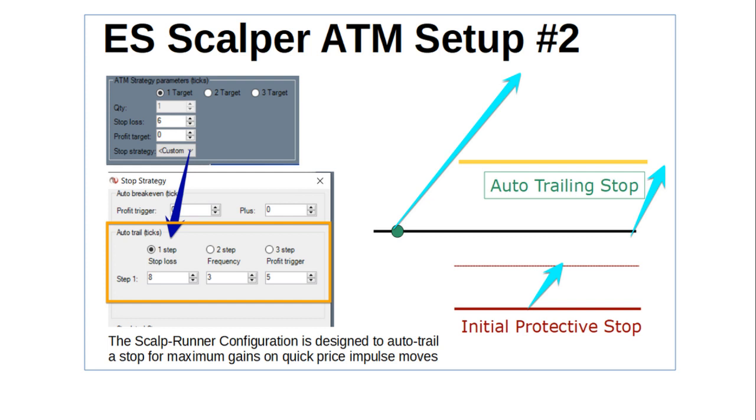Then as you get 3 more ticks, you get to physical break even, right? So it's not hard to get a trade to break even. So see, it's a trade-off where some of your trades will hit the full stop. Some of the trades will hit a 3 tick stop. Some of the trades will hit a break even, and some of the trades will just take off and run